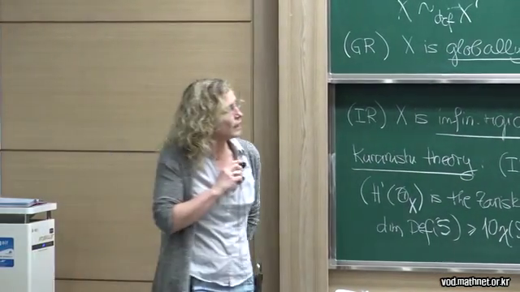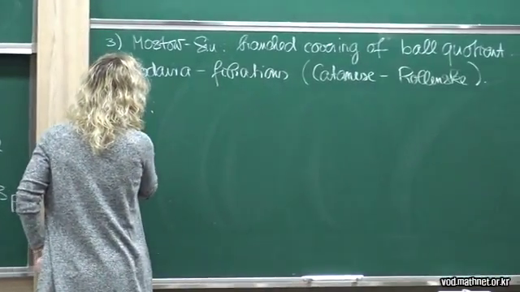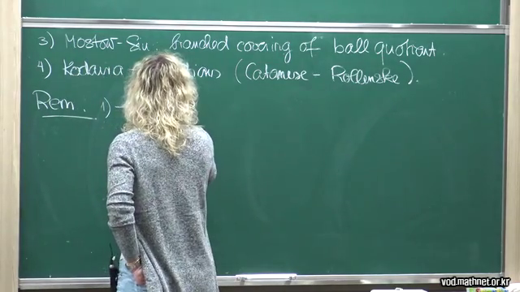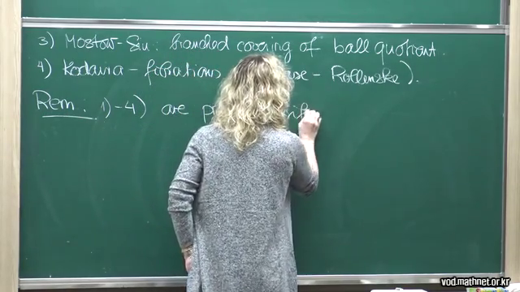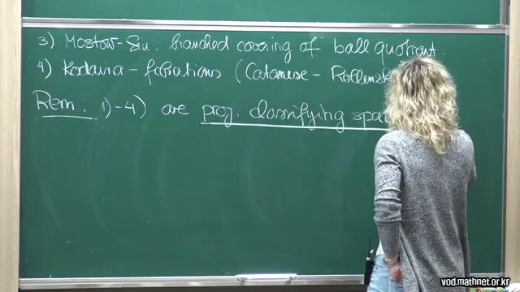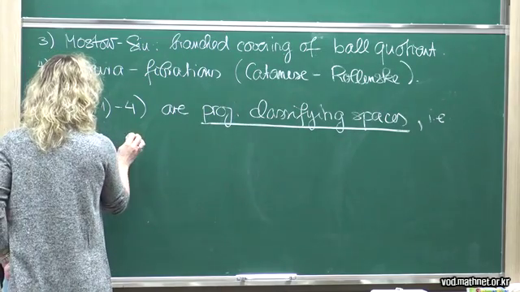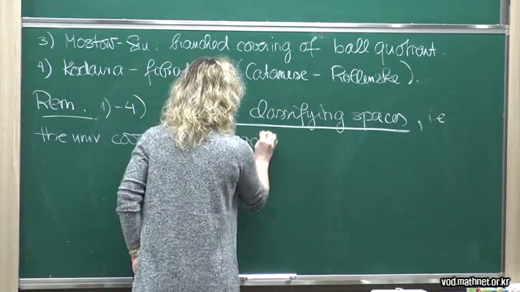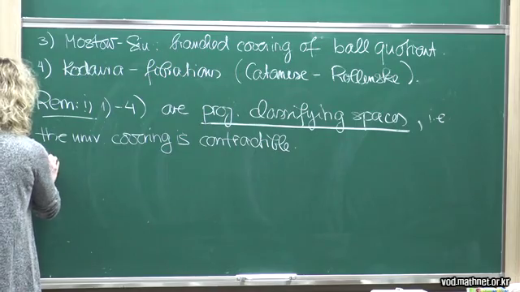Okay, so let me make a remark. The cases 1 to 4 are projective classifying spaces, which means, by definition, the universal covering is contractible. This is the first remark, and the second remark is